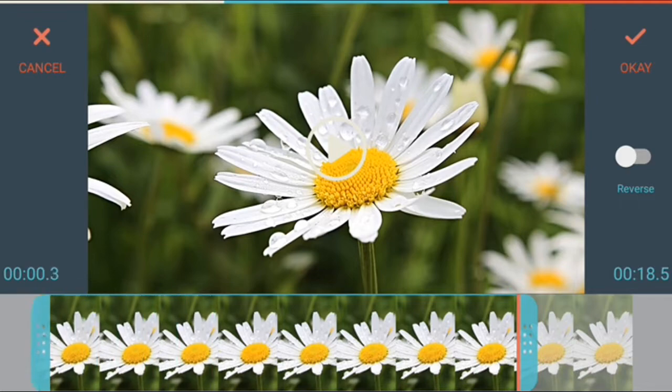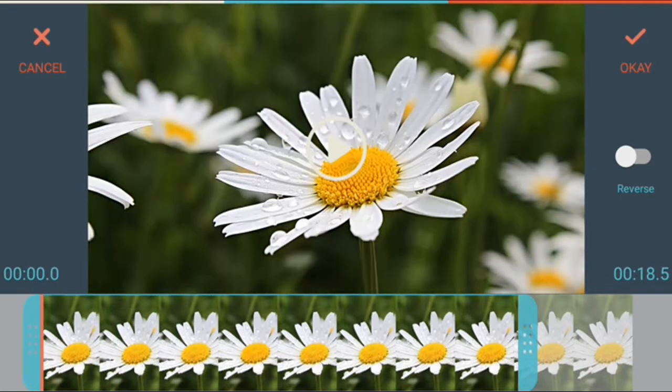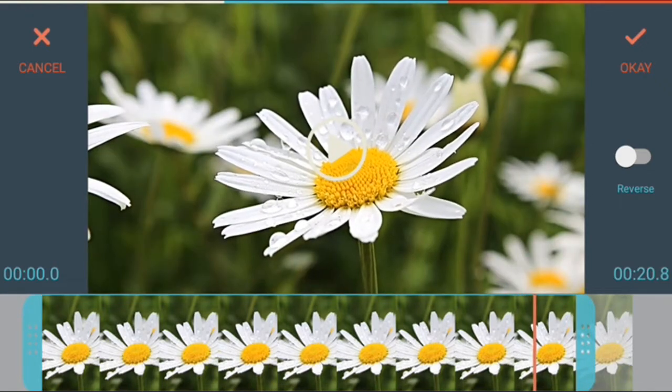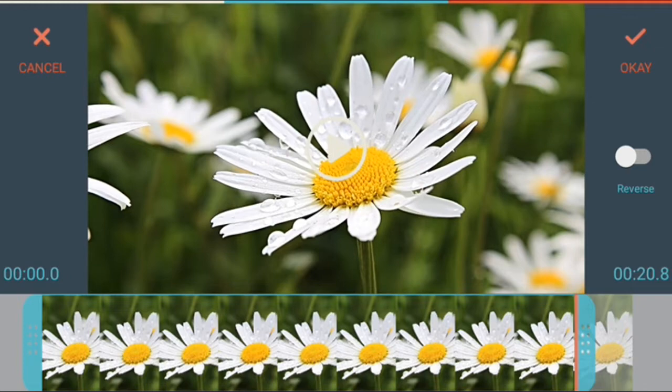Say for example, now if I want to cut the right side of the clip, then I have to place this to the portion where I need to cut the video clip. So now the video will be played up till 20.8 seconds only.